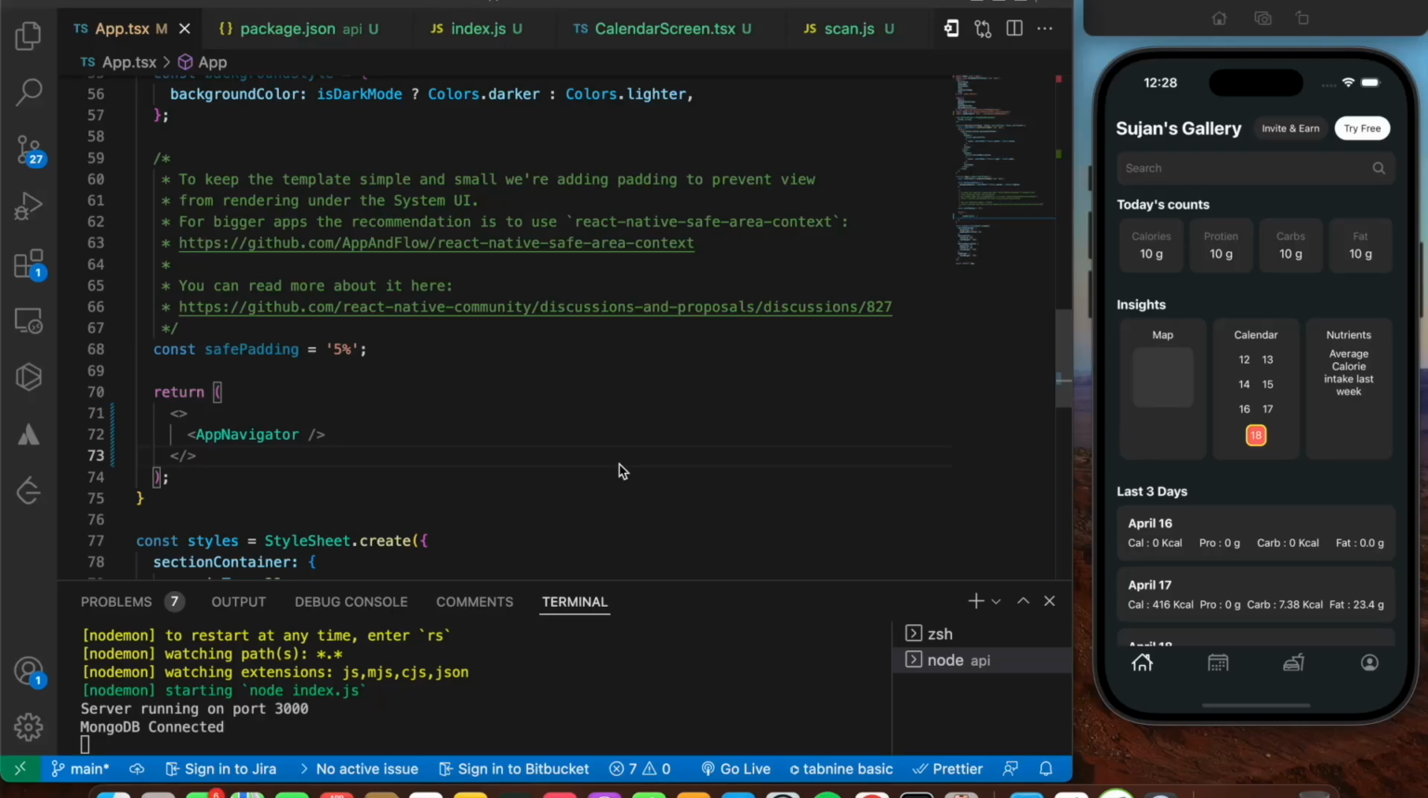So in this project, we'll be building a full stack AI-powered Nutri Scanner app in React Native using MongoDB